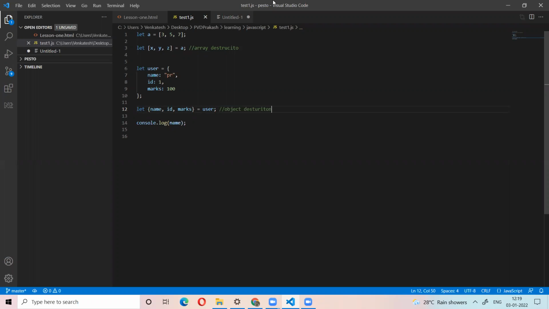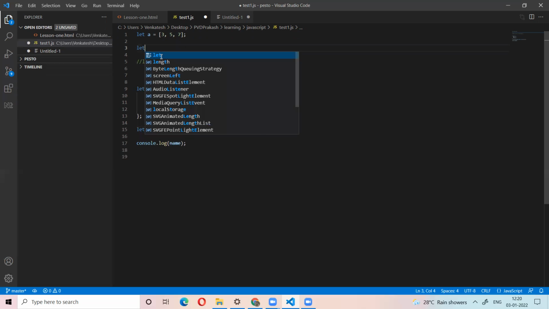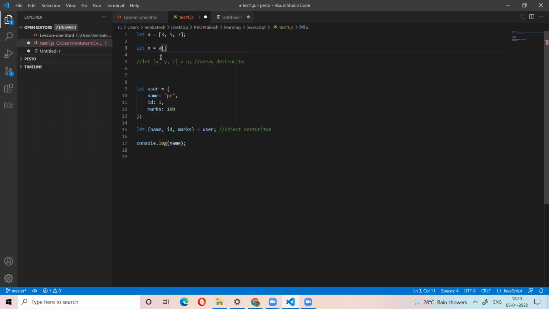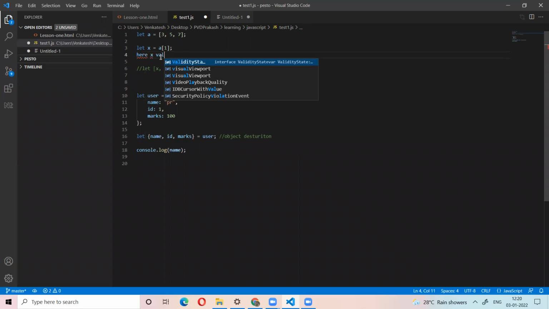For example, instead of this, if I want the value 5, how can I get it? Just use arr[1]. So instead of using this one, for example, if I let x equal to arr[1], here also the x value is 5, right?